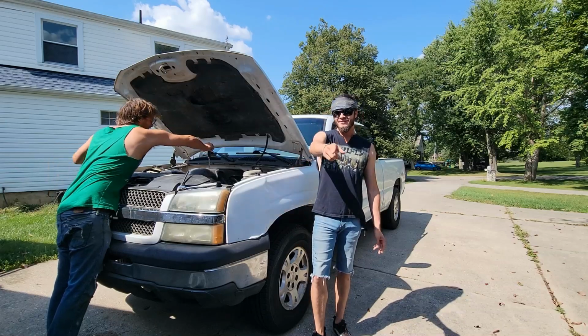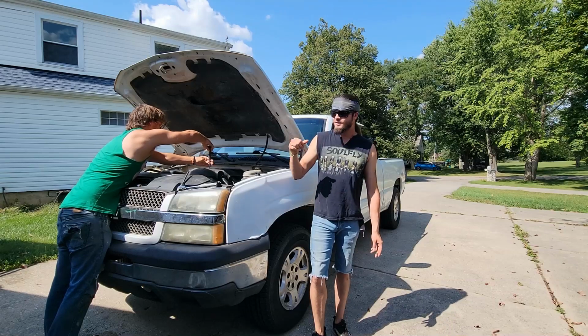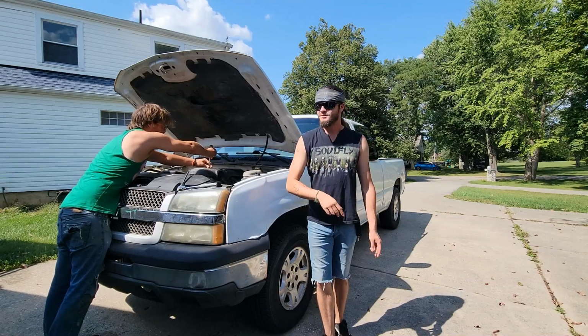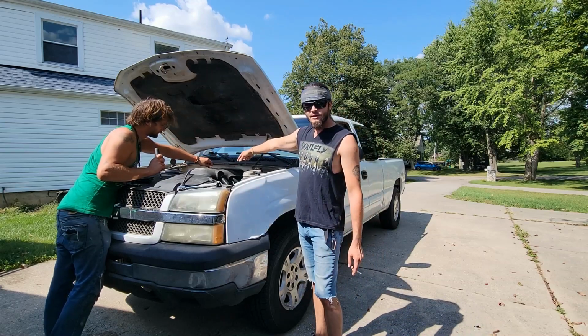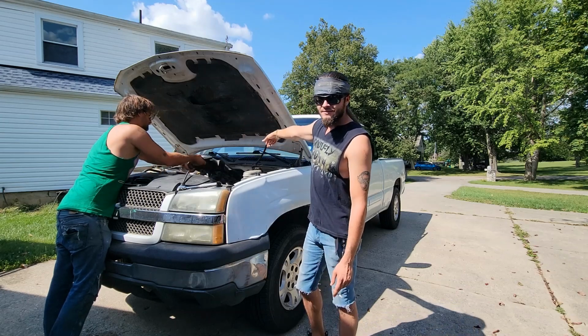It's full-time stupid. We're gonna do another how-to. We're gonna show you how to replace your oil pressure sensor, sending unit, whatever you call it. You gotta start by taking off this top plastic bullshit, and then hopefully we'll get an angle to where we can actually